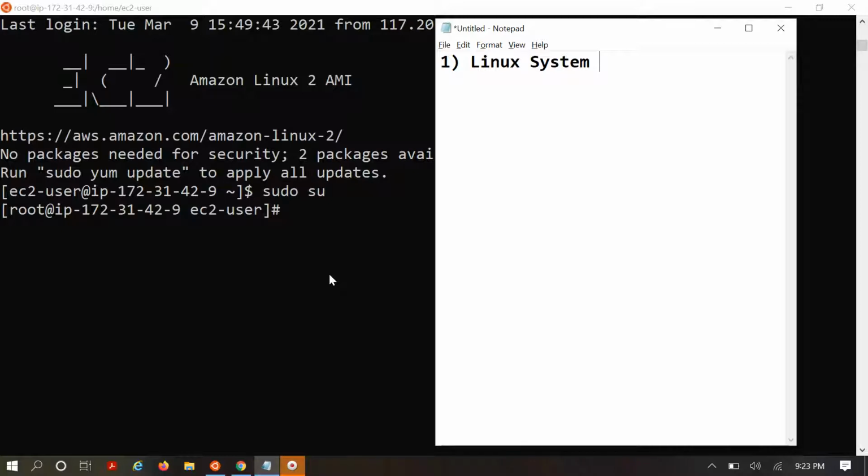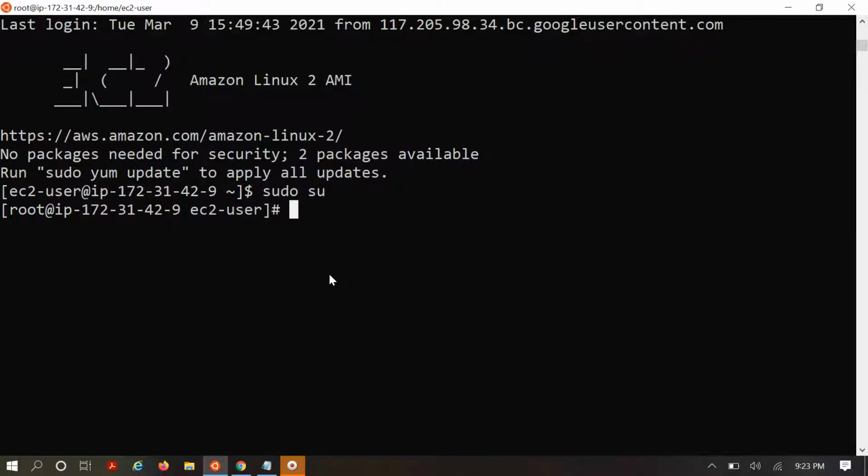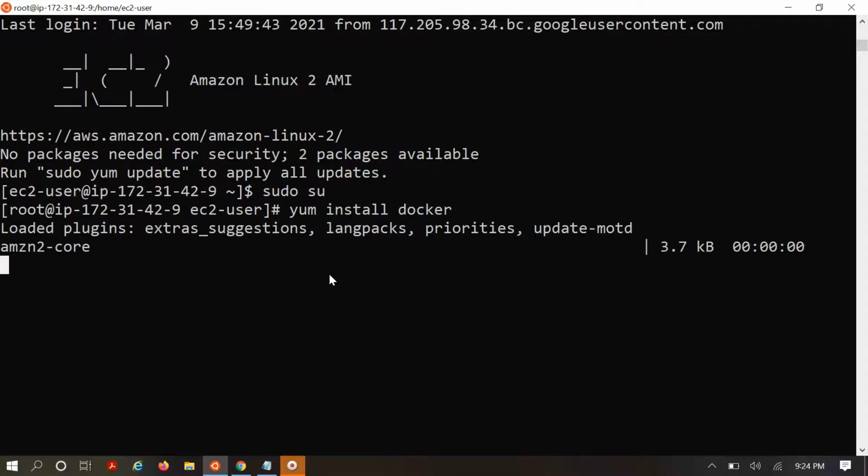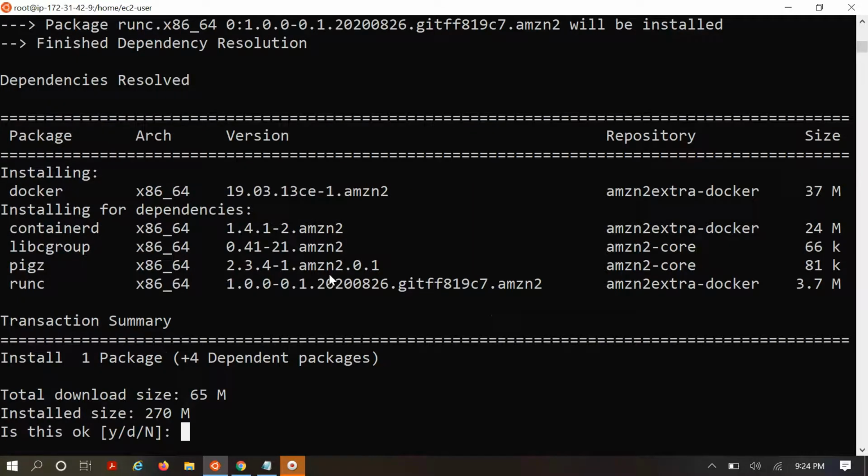So let's start. The first thing is we need a Docker based Jira software. So basically we are going to install Docker. Docker based is completely flexible and this will give a very light installation. So to use Docker we need to install the Docker engine. To install Docker engine we have to use yum install docker. So I'm installing Docker in my Linux system.